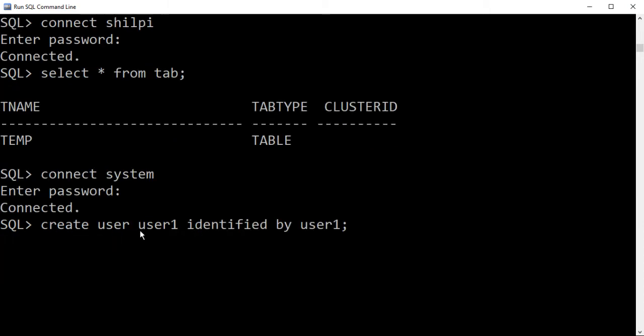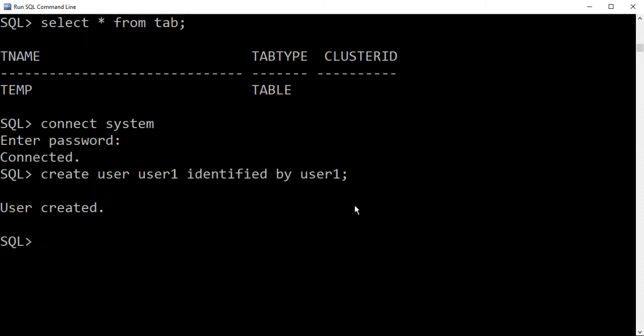So this time I have created a new user with the name user1, and the password is also the same, user1. So the user is created.